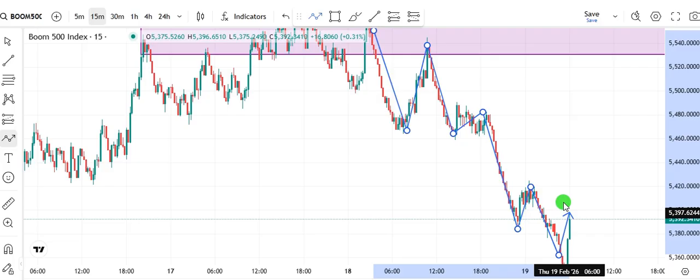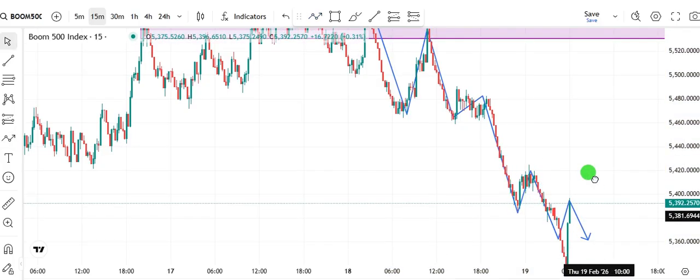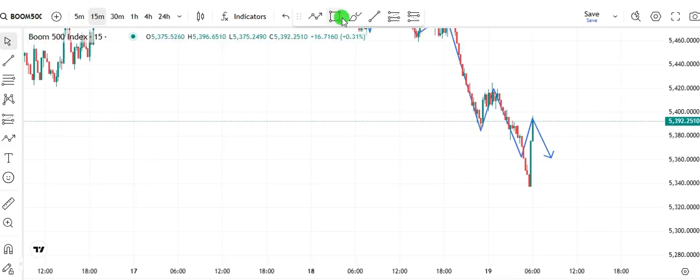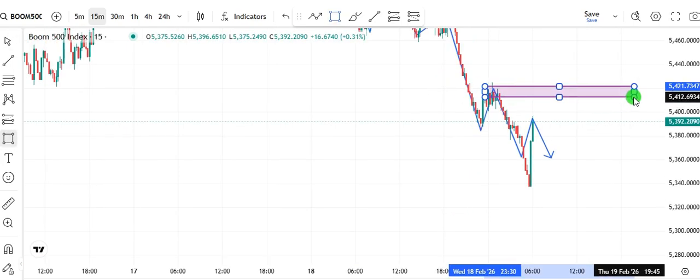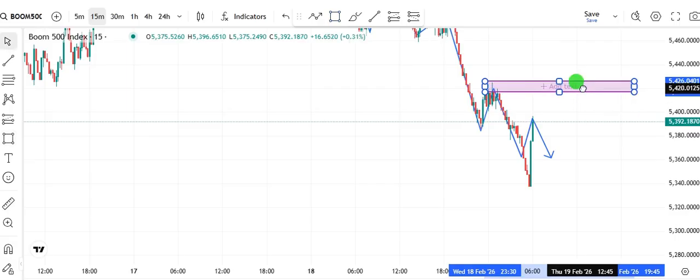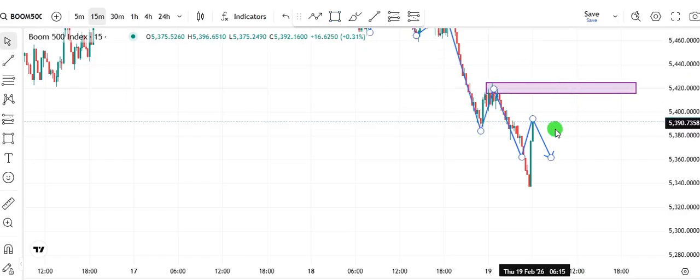So now, so long as this level is not taken out yet, that means we are still very much bearish. So pay close attention to that. I repeat, so long as this level is not yet taken out, this level is still validated, the market does not move above this structure, we are looking for bearish trade. So if you can see any bearish setups or bearish formation, then that means we can actually go short on